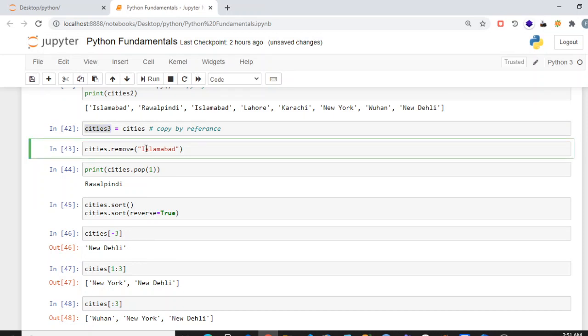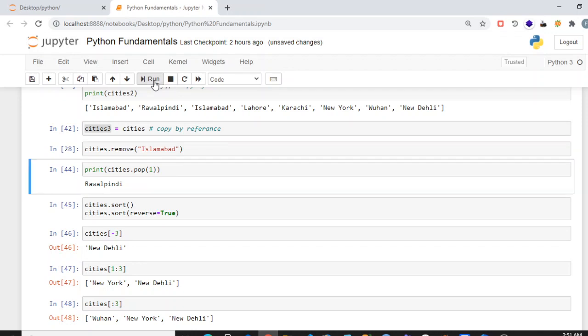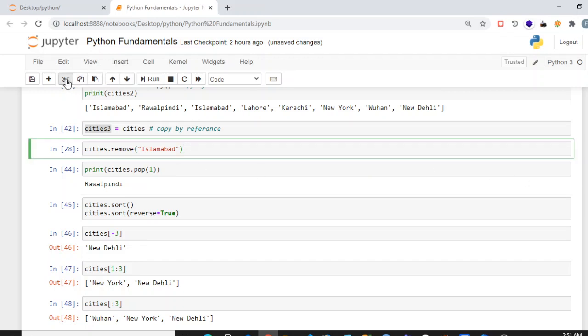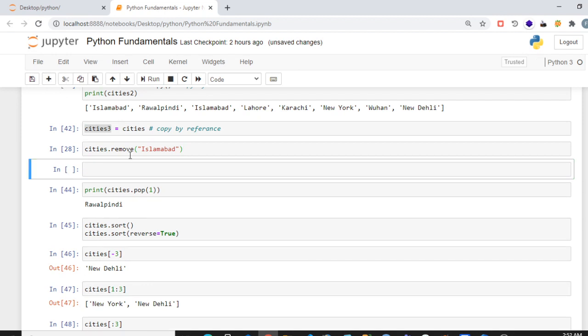For example, if I remove Islamabad from cities and then print, let's say, after removing Islamabad, let's print the list.